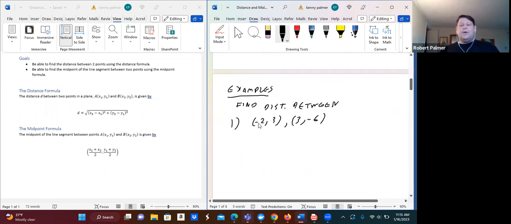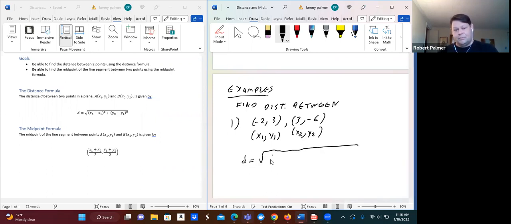So remember, this point here is in quadrant 2, and this point is in quadrant 4. It doesn't matter which one we call x1, y1. Actually, we'll do this example both ways to show this. So let's call this one x1, y1, our first point, and this then is x2, y2. That doesn't matter as long as we're consistent. Okay, so then the distance,